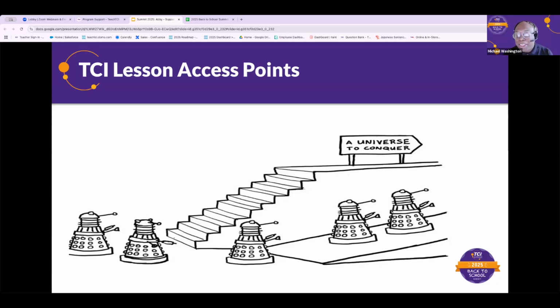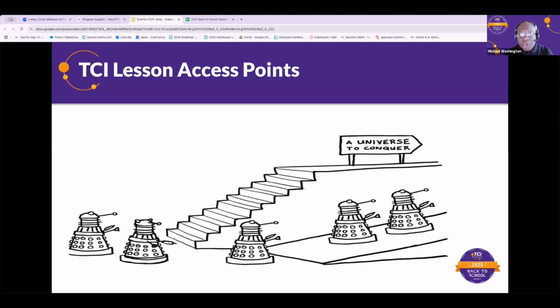But the thing I like to show is that we have students that are like the Daleks, where if they see steps, they're going to have a hard time moving forward. But when you give them a ramp, now they can conquer the whole entire universe. I figure that they probably can hover. But there's students that can't hover and that need the ramp. And so we want to make sure that we're not just giving students one way to move forward.